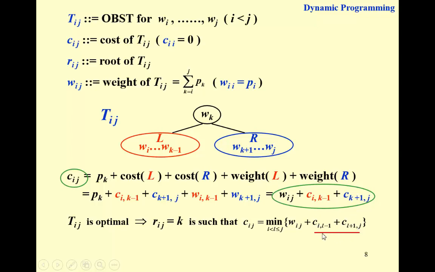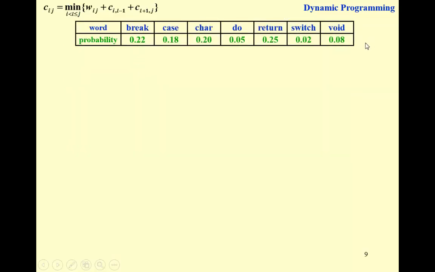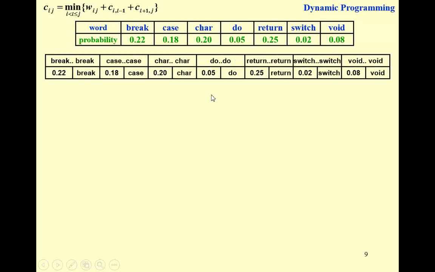So the key is, again, we start from the smallest cases and then increment the size one by one to obtain the solutions of larger and larger subproblems, and eventually you can obtain the final solution from 1 to n. Well, I guess it's still quite abstract. Now let's take a look at this specific example and see how we obtain that optimal tree step by step. All right, so this is the formula, and we're going to need a table